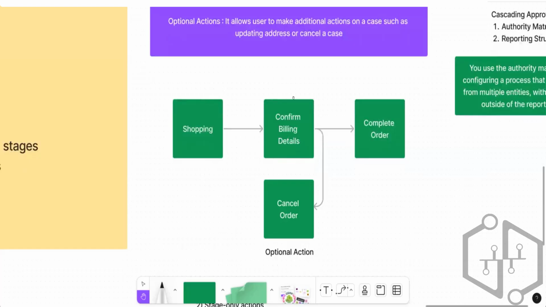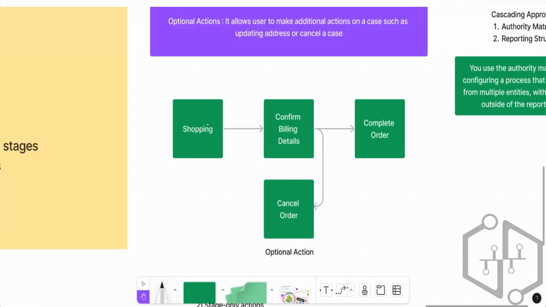So I created this example because you are quite familiar with e-commerce. For example, when you go to Amazon and you added the products, you added a cart, then you went to the address, you add the address, and then you go to the payment. Inside the payment, you're waiting for that one-time OTP. Let's say your OTP screen is this second one. But at that time, you find out that you don't want to buy this. That means you want to cancel it. So what you usually do, you press the back key, or you can click on that cancel, which is somewhere below. So that cancel is an optional action